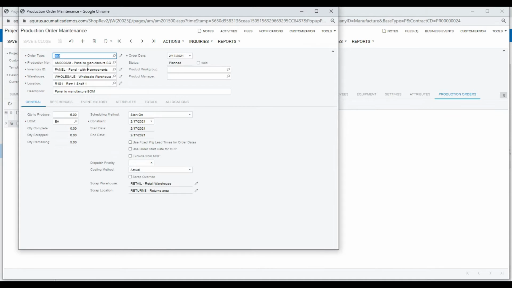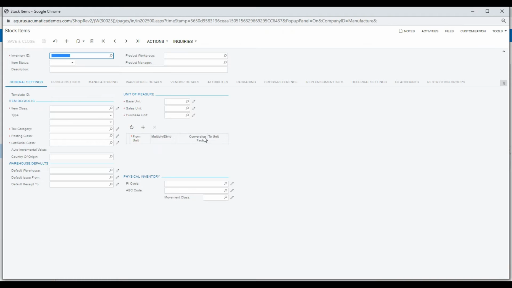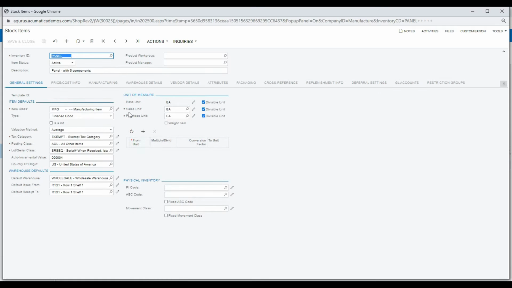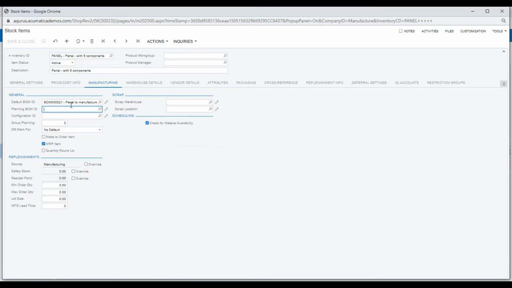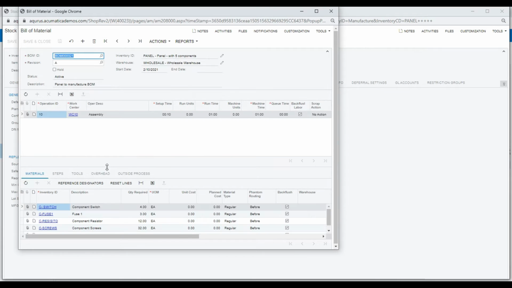I'll open up the production order, and if I wanted to see the inventory ID itself, which we have, we can go ahead and drill into the inventory ID. And under the manufacturing tab, we can see the default bill of material that's being allocated to this particular item. So when I drill down into this bill of material, I can see that it only has one work center